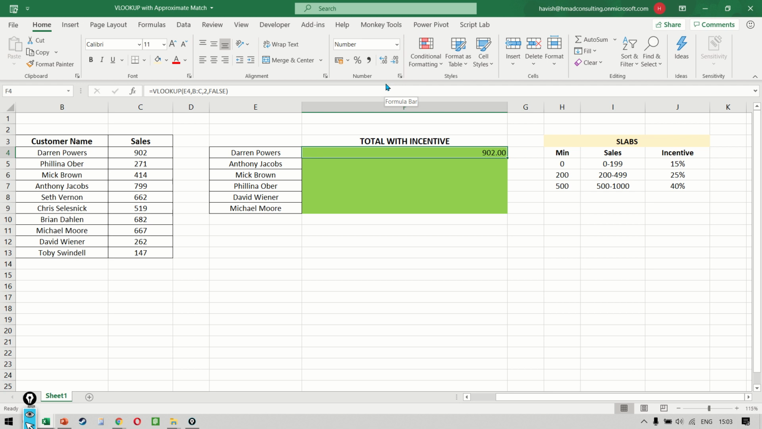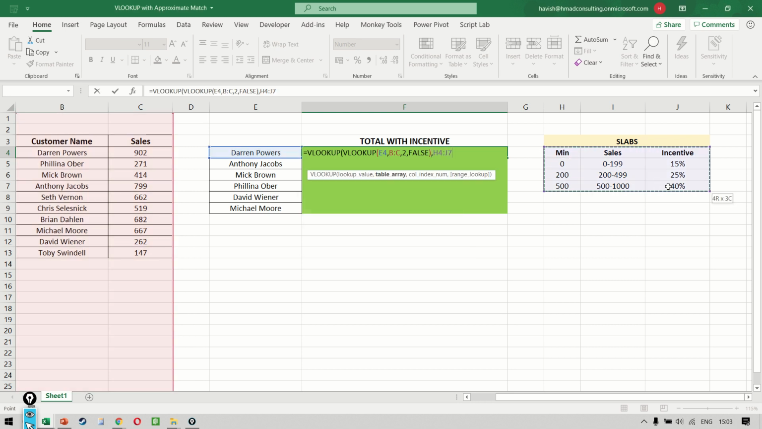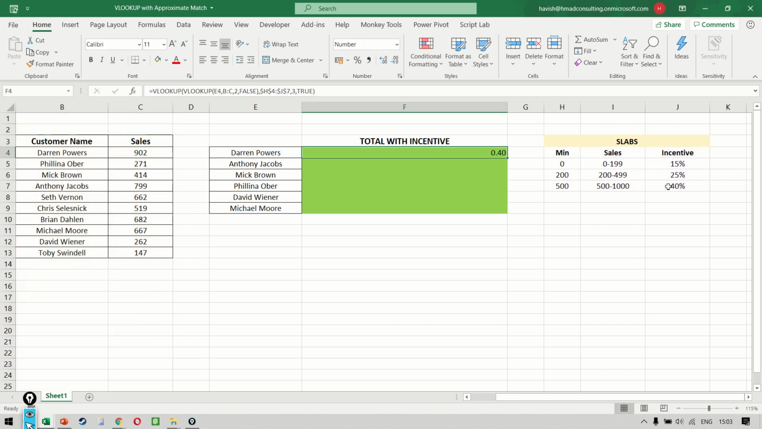Now this 902 is going to become a lookup value for my slab, which means that I can enclose this inside another VLOOKUP and say that my table array is H4 to J7. The number is 3 and the type of match is an approximate match, which is true. And if you notice very smartly, when I copy this formula down,